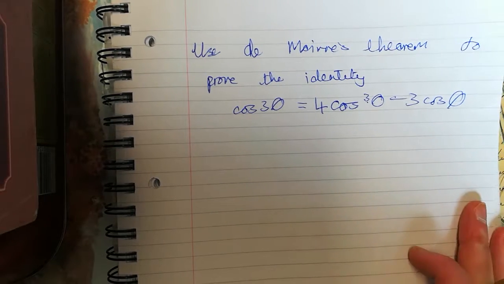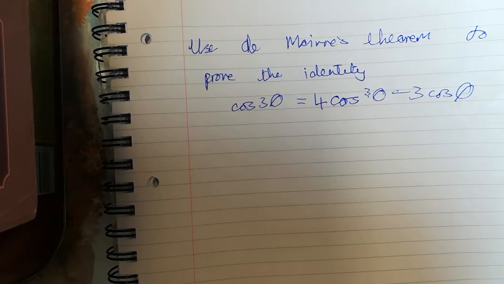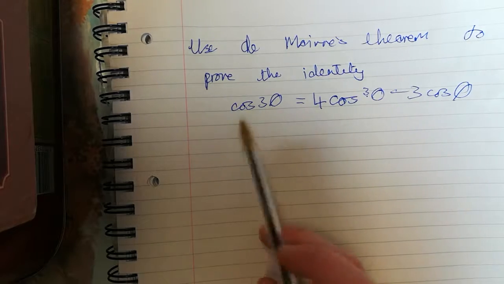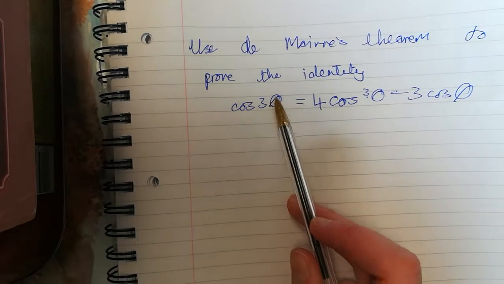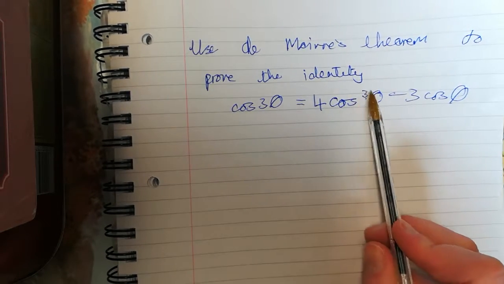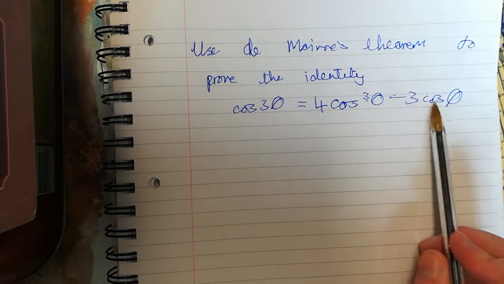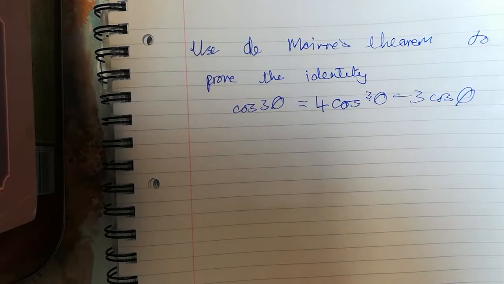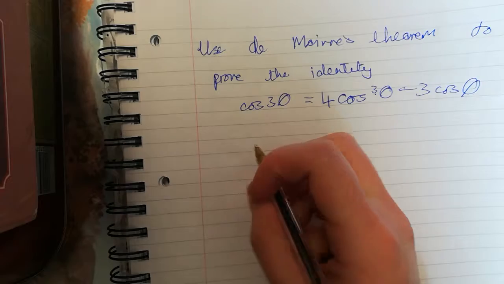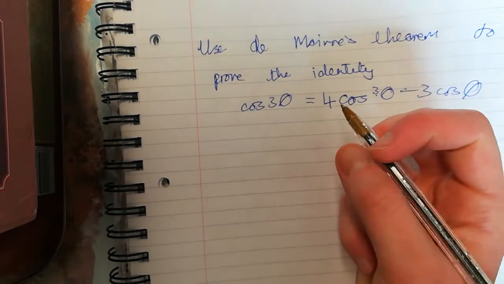So in this question, we're asked to use de Moivre's theorem to prove the identity that cos 3θ is equal to 4 cos³θ minus 3 cos θ. So de Moivre's theorem says that if we have, say,